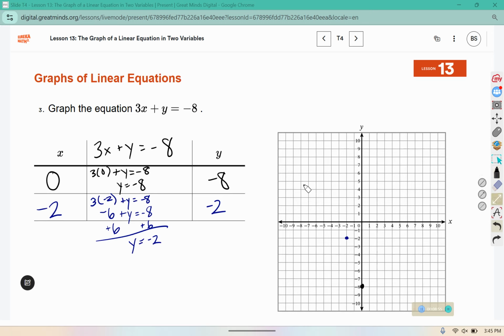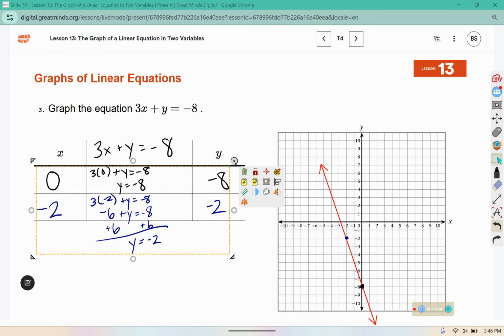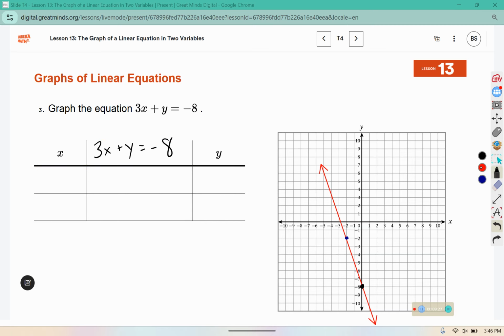And I'm going to connect them using a line. Now the question is, will you get the same line or a different line if you used different points? So if you were in class, maybe your classmate or your partner would have used different points, and the question is, do you get the same line? Well, if we change these values, let's try 2 different points and see if we end up with a different answer. So let's select